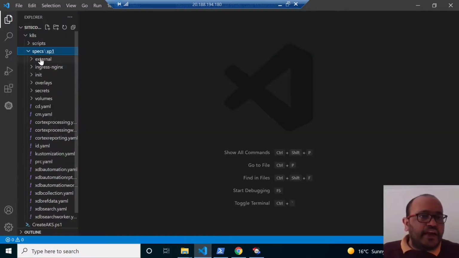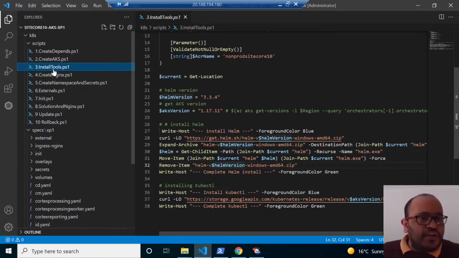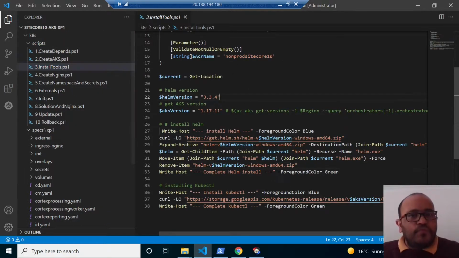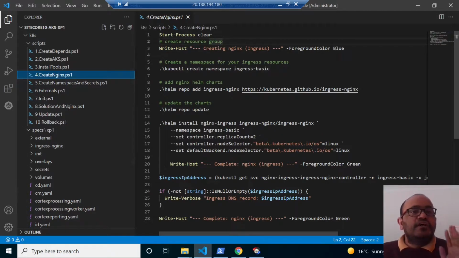Now if I go back here to the scripts, actually I'm not doing step 3 as per the script. Step 3 is installing the tools, which is Helm. Helm is a package manager for Kubernetes. For .NET we have the NuGet package manager; similarly for Kubernetes it is Helm. I'm not installing this one, but if you want, you can install it. The fourth step is creating an nginx. You can create it, but I will run these steps after the last one, when we are resolving the ingress.